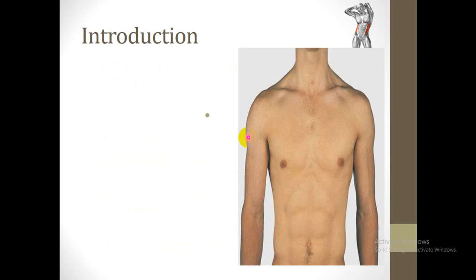So I will begin with a simple introduction about the abdomen. The abdomen is the lower part of the trunk. As you know, students, the trunk consists of two parts, the thoracic region and the abdominal region. So the abdominal region is considered the lower part of the trunk. Its wall surrounds a large cavity called the abdominal cavity.